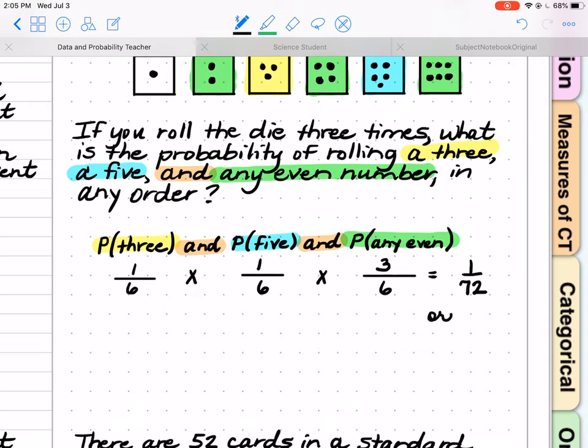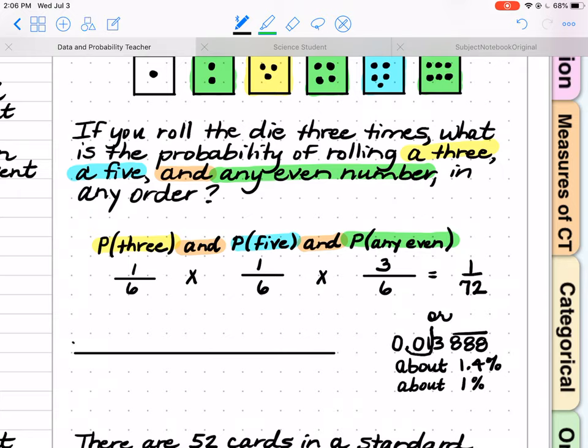Or 1 divided by 72 is 0.0138888 and a bunch of repeating 8s. So if you move that decimal 2 places, it is about 1.4%. I wouldn't bet on that. That's almost 0. But you could even say about 1%. That's probably a better way to round it. Just get rid of the decimal altogether. So it's about 1%. And remember, on our continuum,